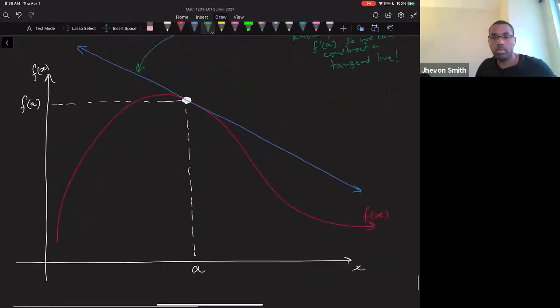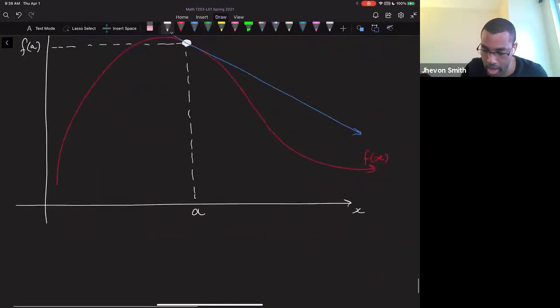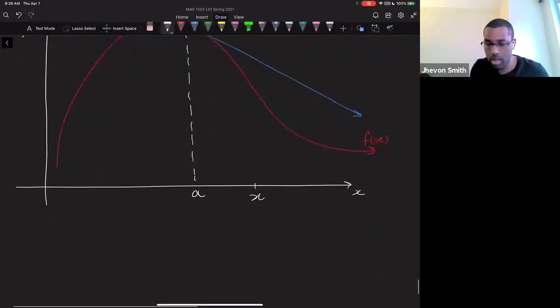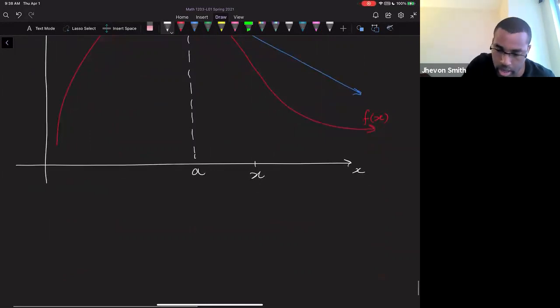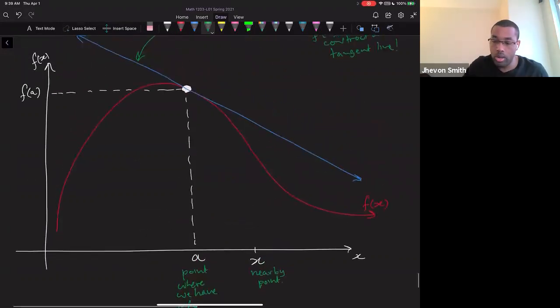Okay. Now here's the thing. Suppose there is some nearby point that I care about. So this here is the point where we have all the information. This is some nearby point. Now, of course, what I would like to do